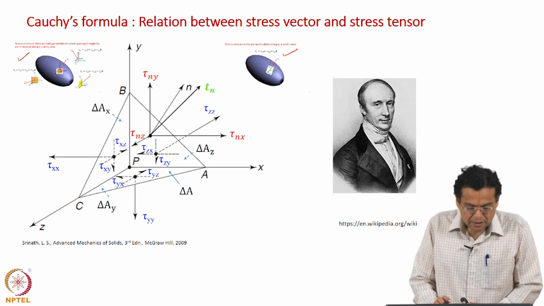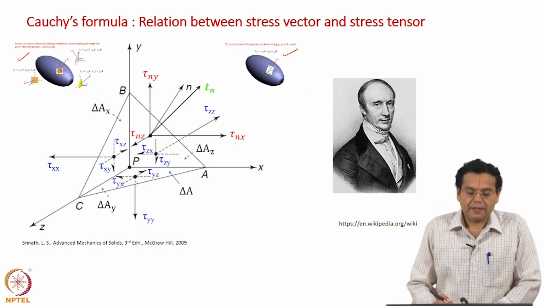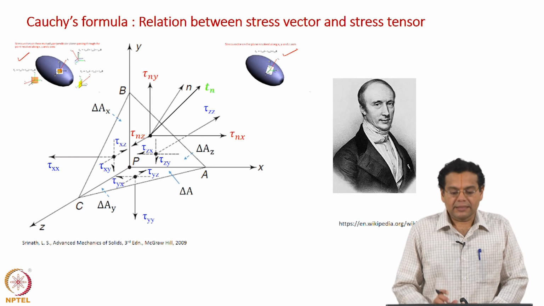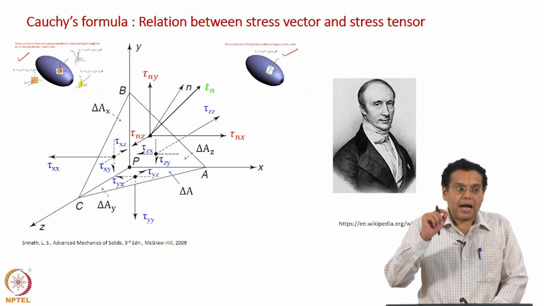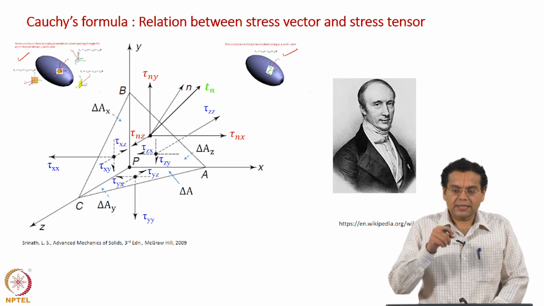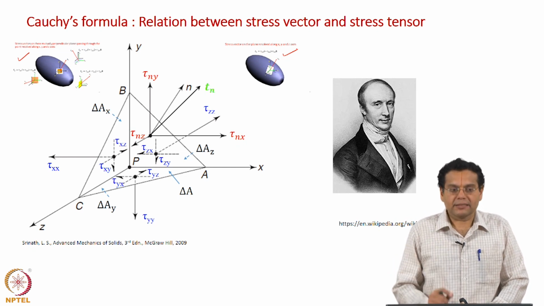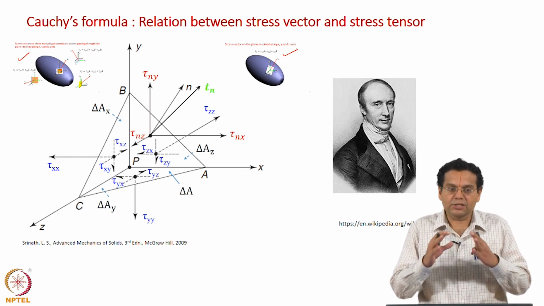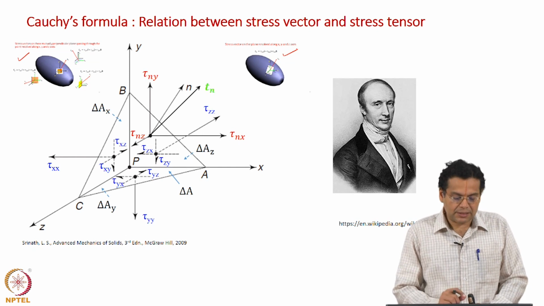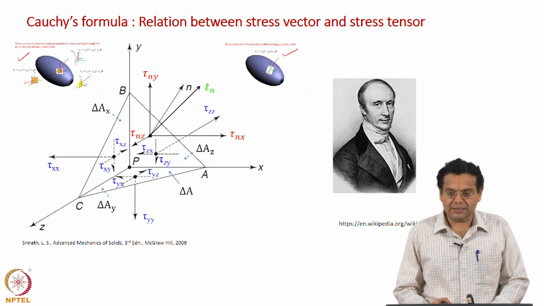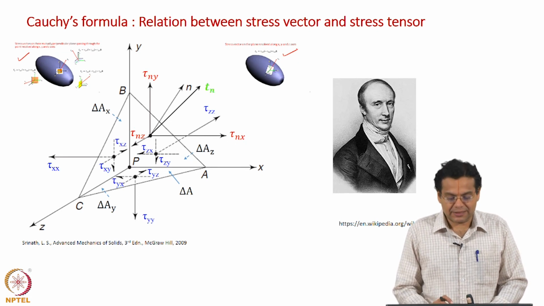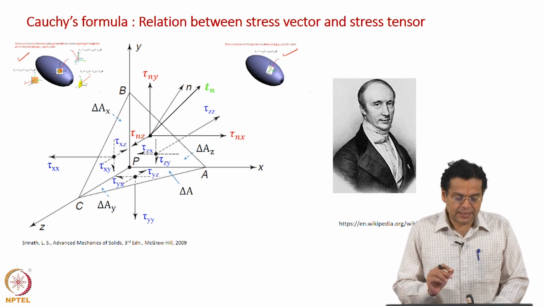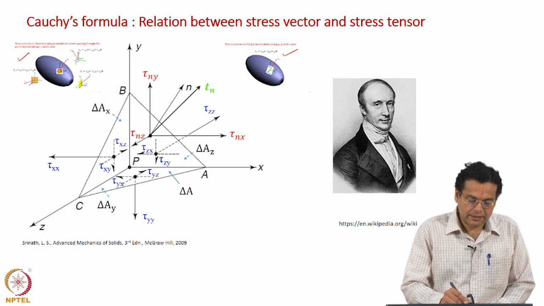Now we said that we have an arbitrary plane, and then we have the normal to the plane. At the point we are considering 3 planes parallel to the coordinate planes. So, now I should consider a geometry which includes all these 4 planes. Such a geometry is a tetrahedron. As you see here, I will mark minimally on this slide, as already a lot of text is there. ABC is the arbitrary plane whose normal is the n vector, shown here.